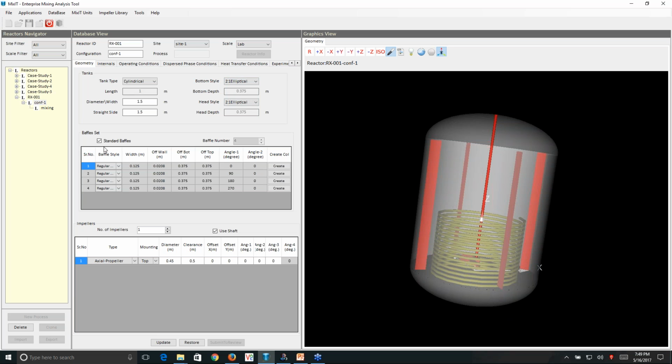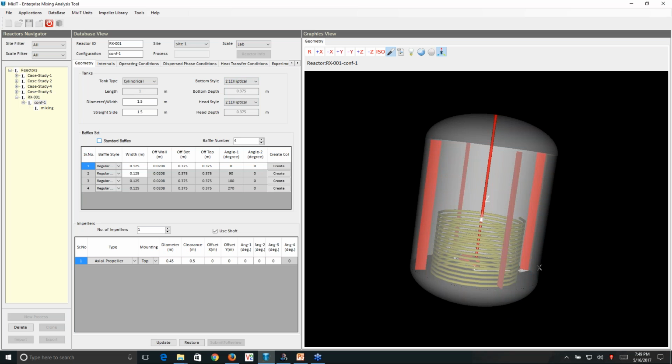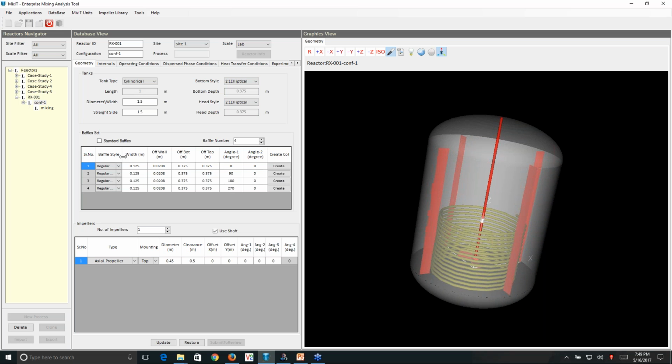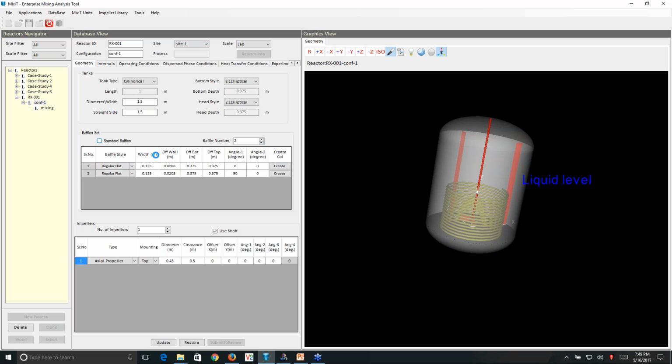Similarly, the user can use baffles, and can customize the baffles. You can use standard baffles or various different baffle shapes available, which are typically used in glass-lined vessels, like flat baffles and finger baffles. The user can customize the number of baffles, like from 4 baffles you can change to 3 baffles, and even customize their different parameters as well.